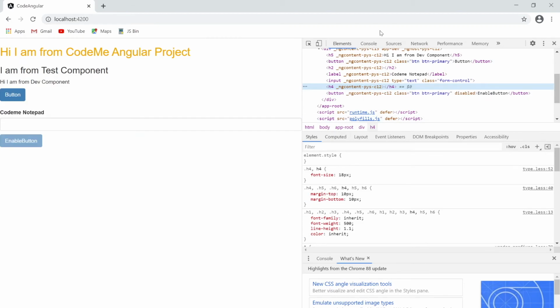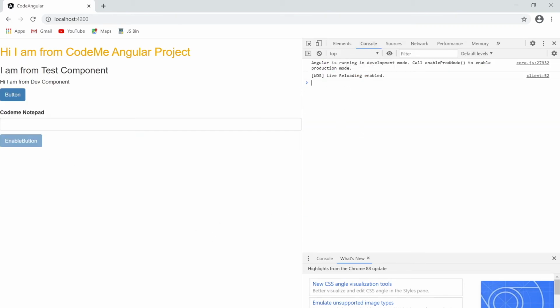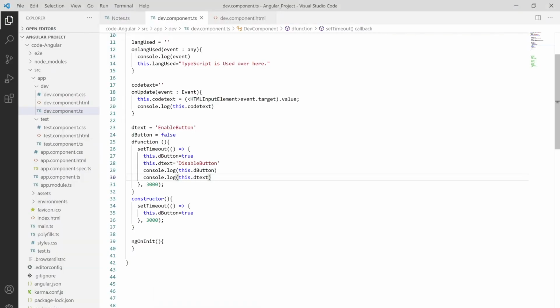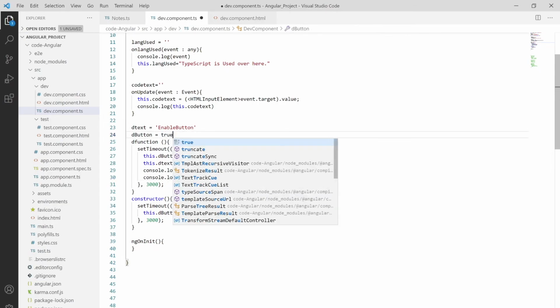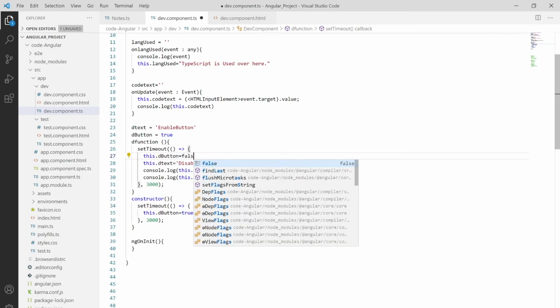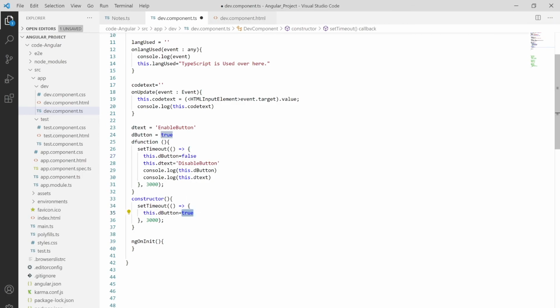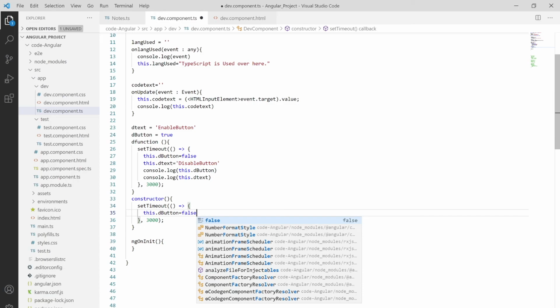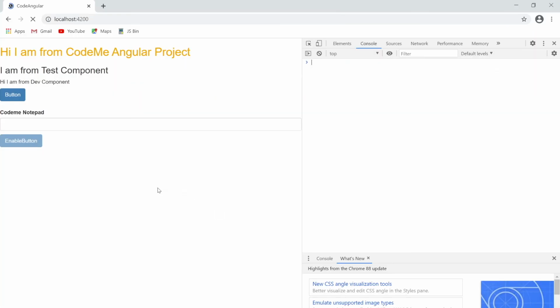And also the text is changed whenever I click. Let me put it as, whatever I'm firstly putting as true, and then we are putting as false over here, and also that false over here. Let me save it now, and just go to the browser. So let it refresh, it is going to enable after that.